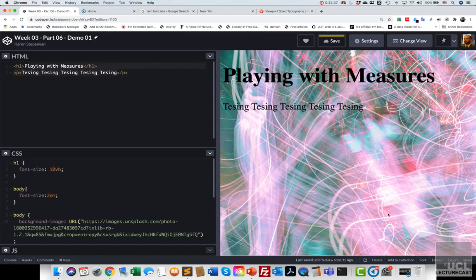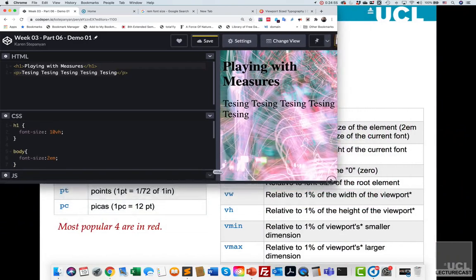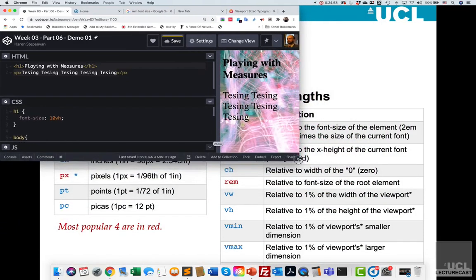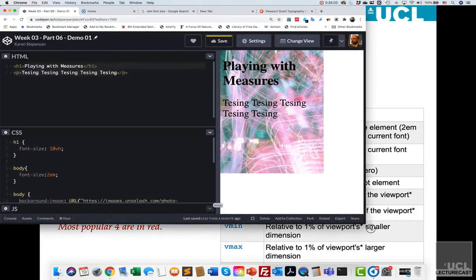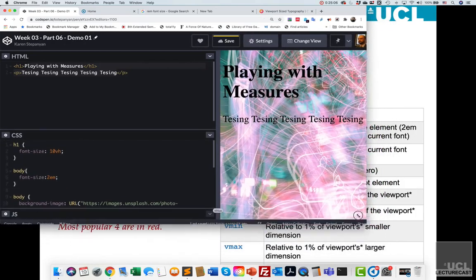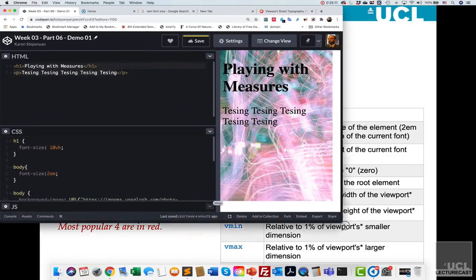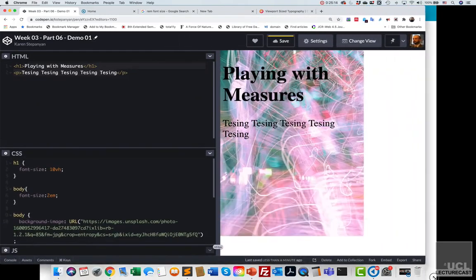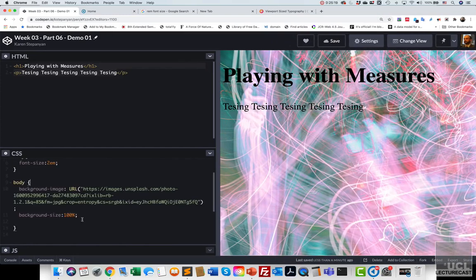Okay, 10 VH. So we can see that the text is bigger, but as the size of a viewport is going down, the text is actually going down too. So the paragraph size remains the same, but H1 is relative and is going down relative to the size of a viewport. The same is true for the background image because we apply percentages rather than fixed measures such as 500